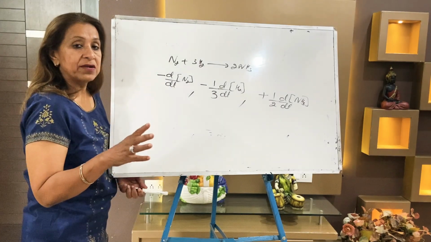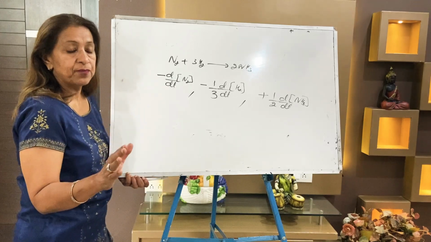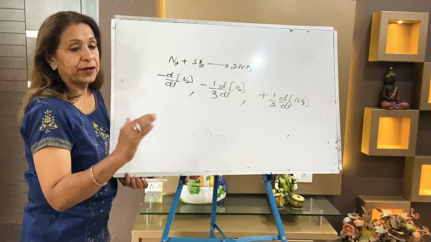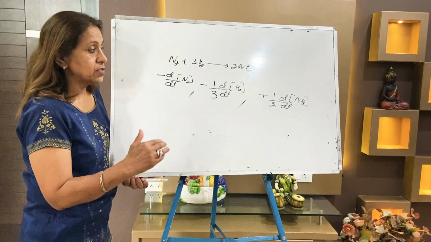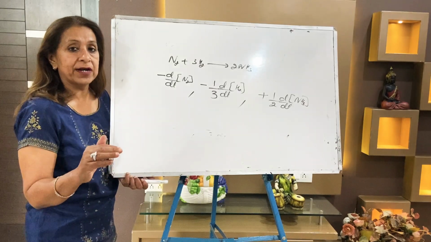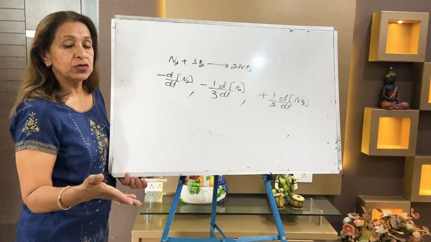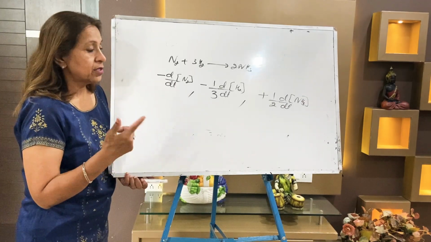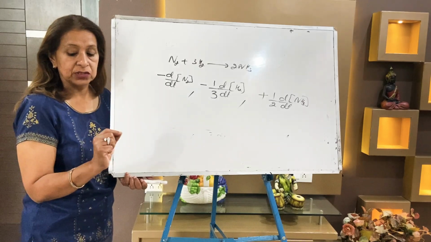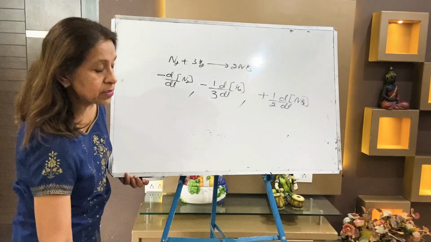This means you have completed three questions. First, what is rate of reaction? It is a decrease or increase in the concentration of reactant and product per unit time. Second, how to write the rate expressions in this way. The third is, what is the unit of the rate of reaction? It is mole per liter per second.